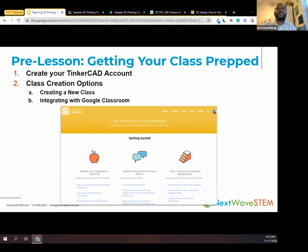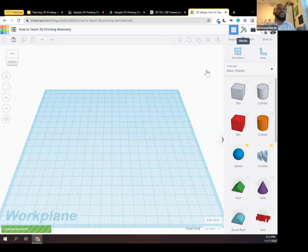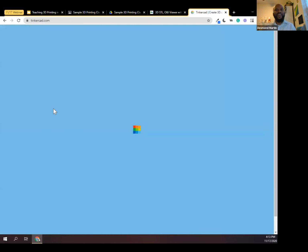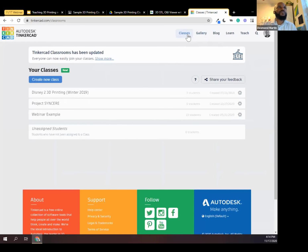Let's take a look at what that looks like right now. So I'm going to just quickly jump over into Tinkercad. It's going to load up. And what I'm looking at right now is a very simple, quote unquote, design that we have available to us in Tinkercad, but I'm not so focused on this right now. I'm going to click on our Tinkercad icon and go up to our dashboard. If you are an educator working with Tinkercad, this Tinkercad dashboard is going to be your best friend, where you have access to all of your designs,